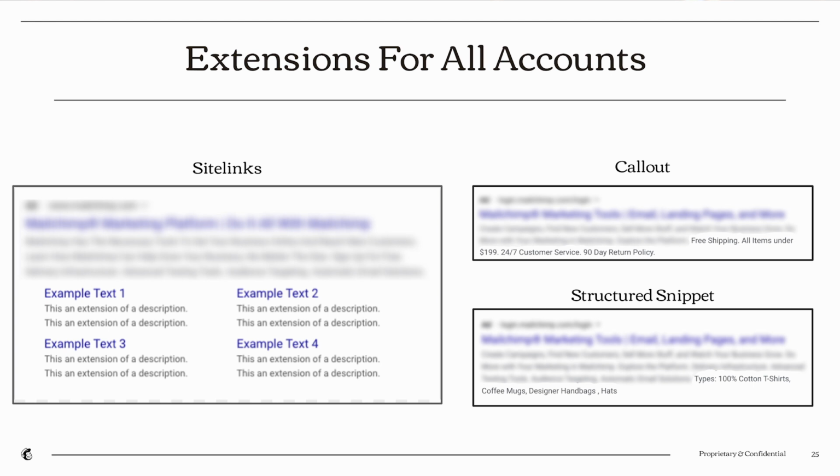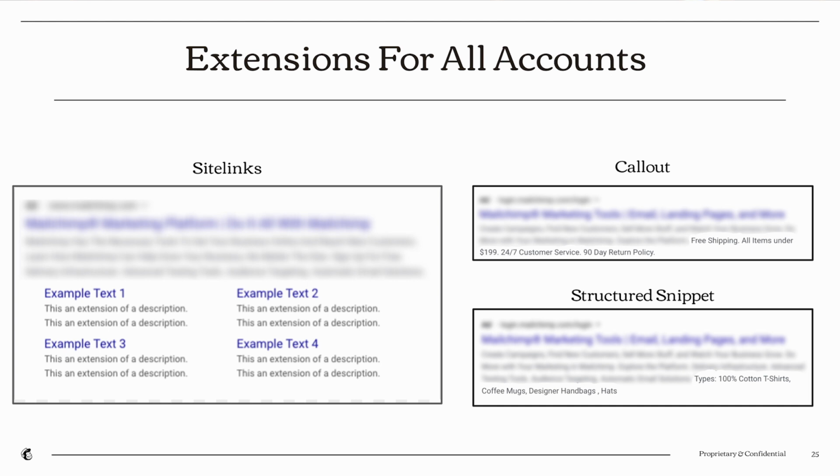I've found many advertisers trying to skimp on the descriptions because they want to get it out the door. So having just headlines is enough, and you can definitely go live with just headlines, which is that blue clickable text. But the descriptions below it help to build out your ad to take up more real estate on the results page. On the right side, you have call out and structured snippets.